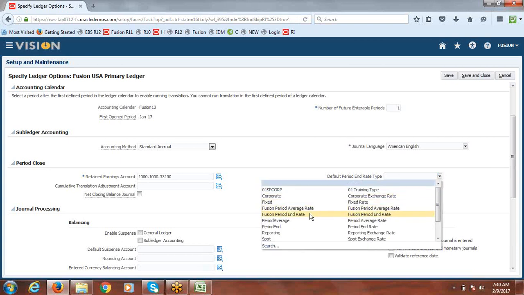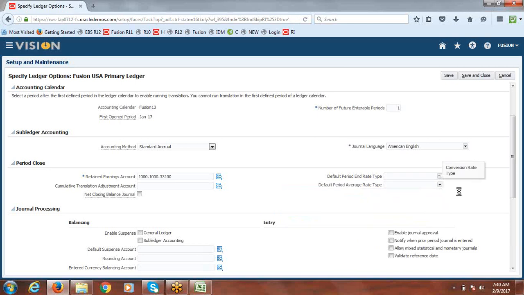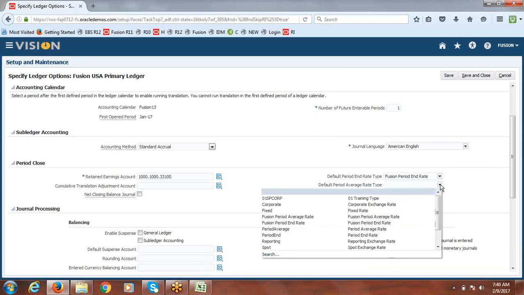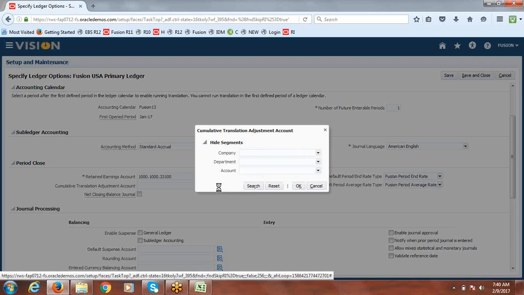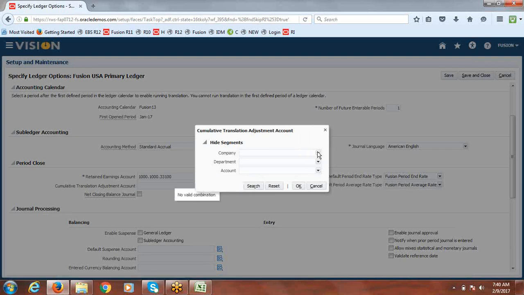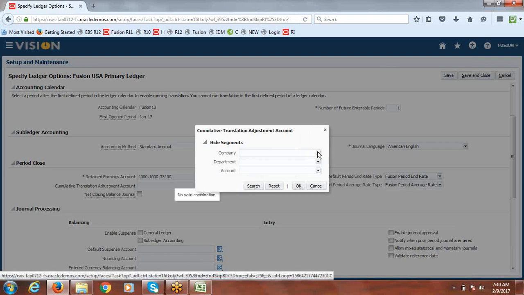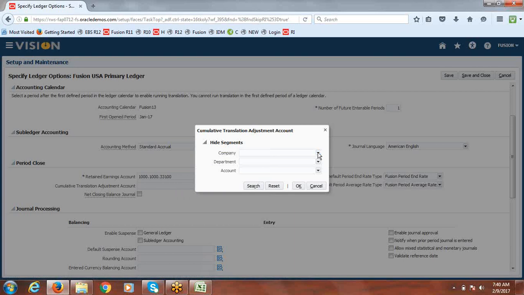The first one is period end, so Fusion Period End Rate, and Fusion Period Average Rate. At the same time you can select the CTA account here. It's the same as how we do in EBS, no changes; you can see just user interface changes only. The process-wise setups are the same.